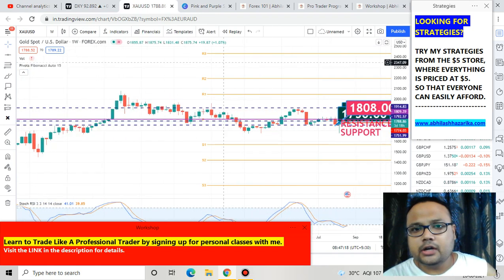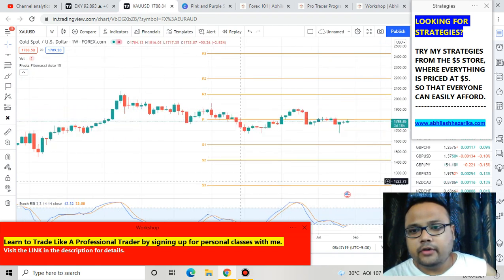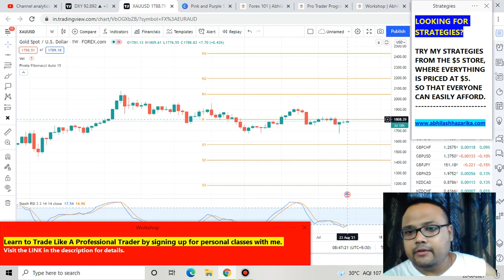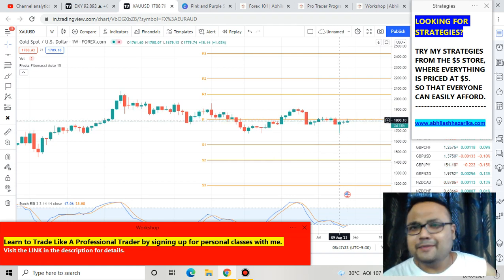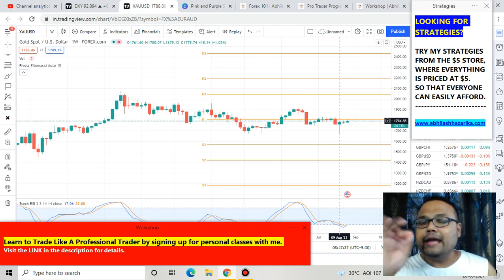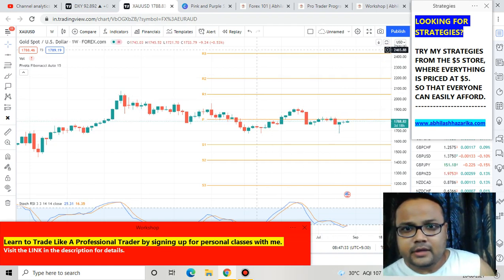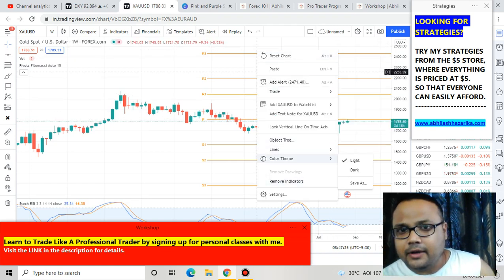This is the weekly chart of gold USD. If I remove the drawings here, then you can see that we have a resistance, and the market has been unable to cross the resistance for quite some time. Therefore 1808 is the ultimate, the strongest resistance in the gold USD chart right now. So in case the market goes up from here,